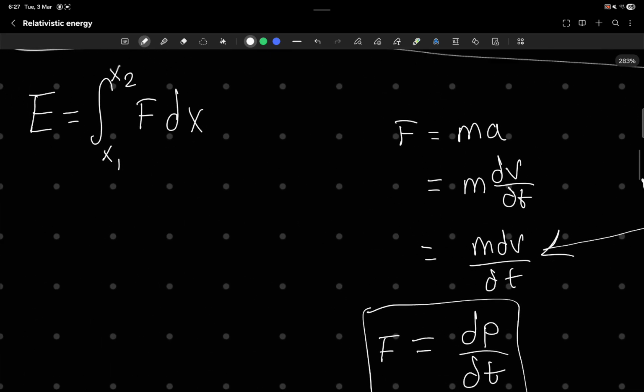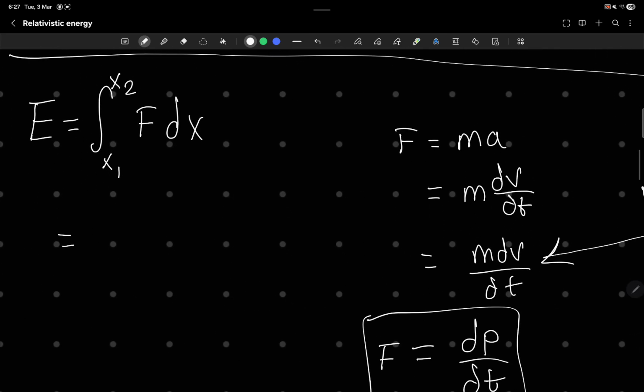You might recognize this as impulse from high school or first year physics at uni. So now we can make a neat little substitution to say that energy is actually then also equivalently the integral of the change in momentum with respect to time, dx. Okay,